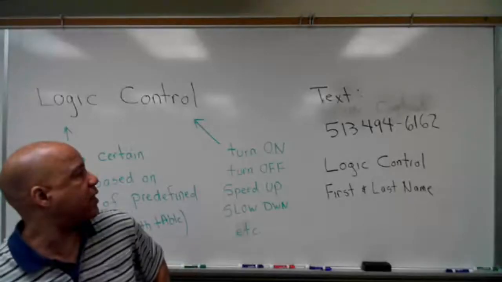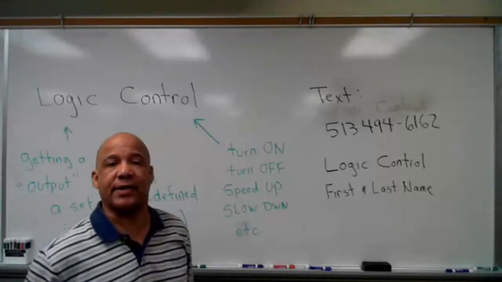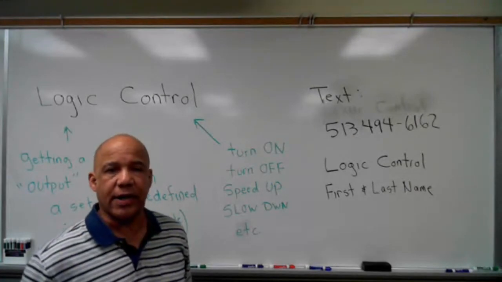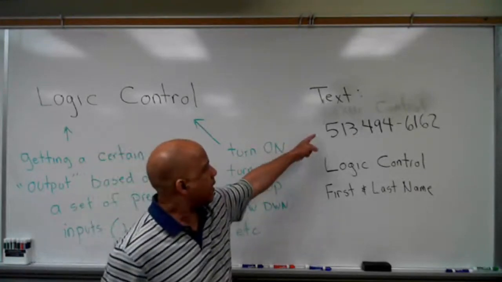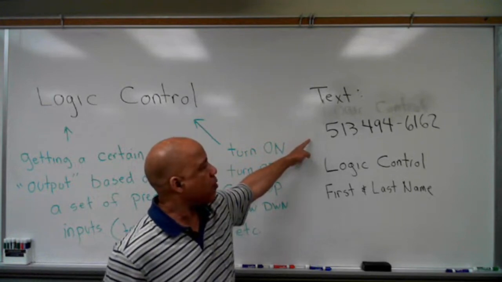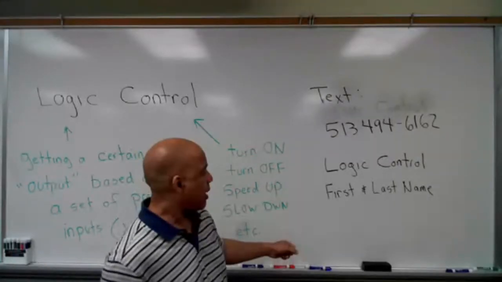Okay, well, let me have you do one thing. If you can see over here, there's a number. I want you to text that number. This is going to be the way I take attendance for at least while we're doing this online thing. So go get your cell phone, take it out, and you want to text this number. It's 513-494-6162. And in the body of the text, you want to put logic control, and you want to make sure